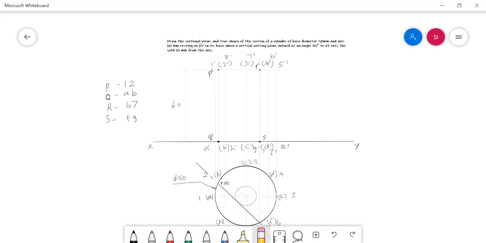But here you can see one thing: the cut points obtained in this cylinder are only in the face and base. Whenever you want to connect a cut point within face or within base or face to base or base to face, you need to connect it with a straight line. And if two cut points are in the side generators, strictly you need to connect them with a smooth curve. But in this problem, the cut points are obtained in face and base only, so these cut points should be connected with a straight line.